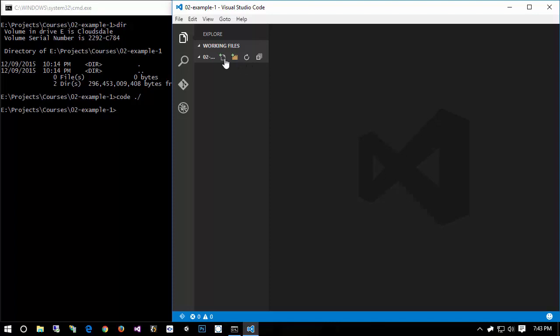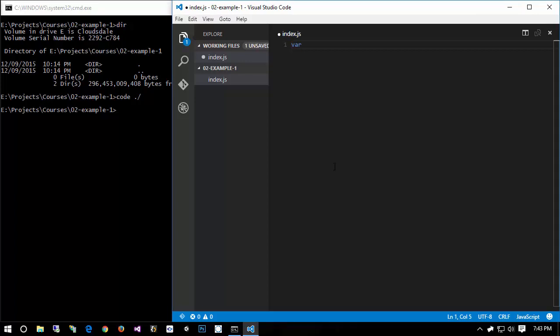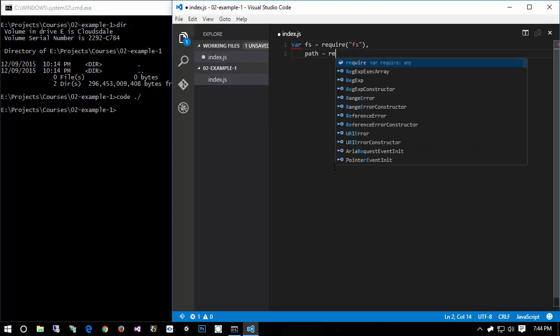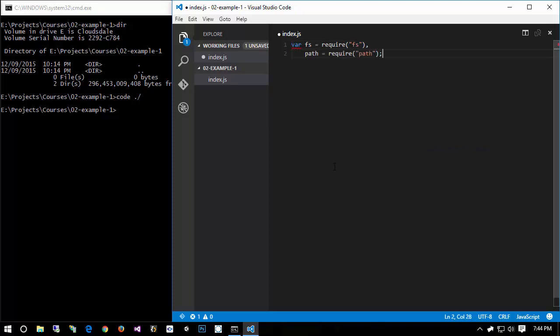I'm going to start by coming up here and creating a new file, and I'm going to name that file index.js. And then inside index.js, we're going to require in two other modules. What's going to be interesting about these modules is they're built into Node itself. The first module that I'm going to include is going to be fs. So I'm going to say var fs = require('fs'). And then the second module I'm going to include is path. So require('path'). Now these are going to be two very, very common modules you're going to be working with,